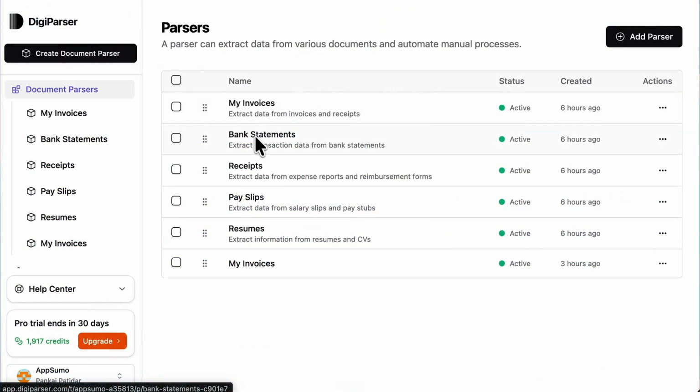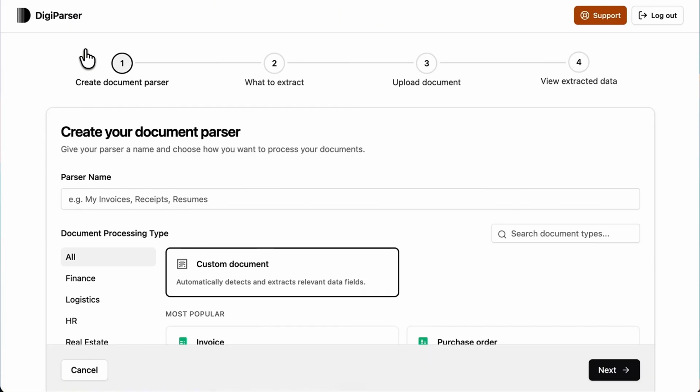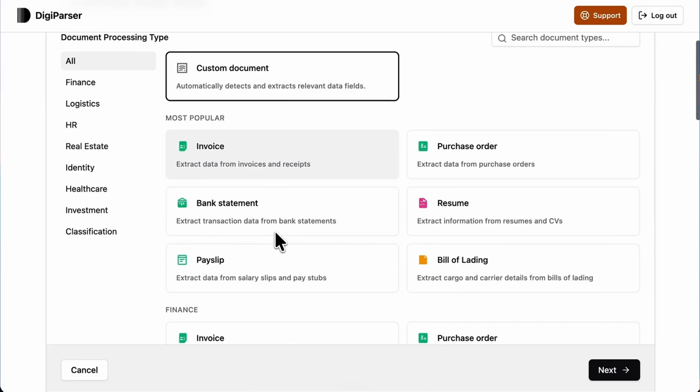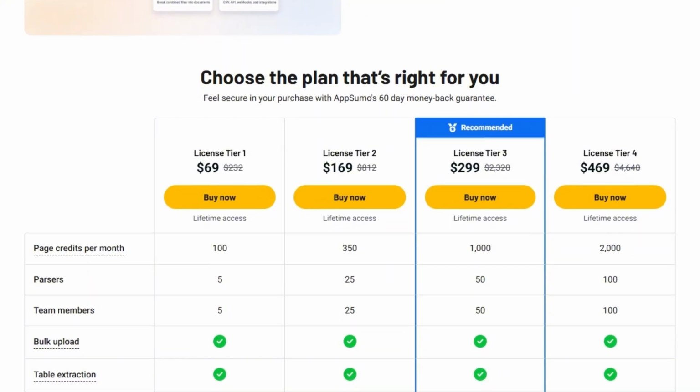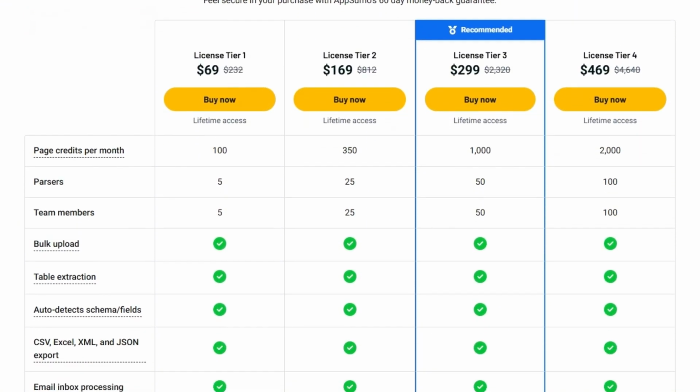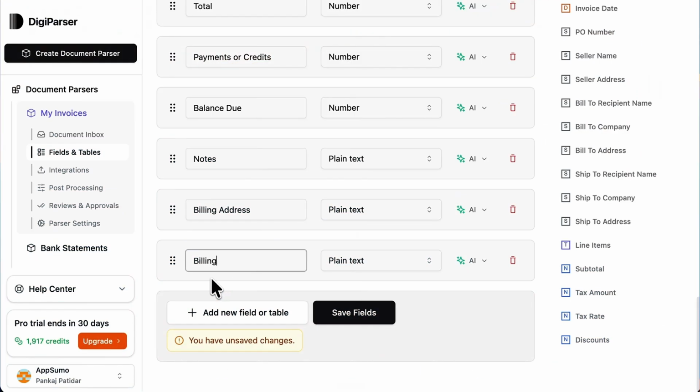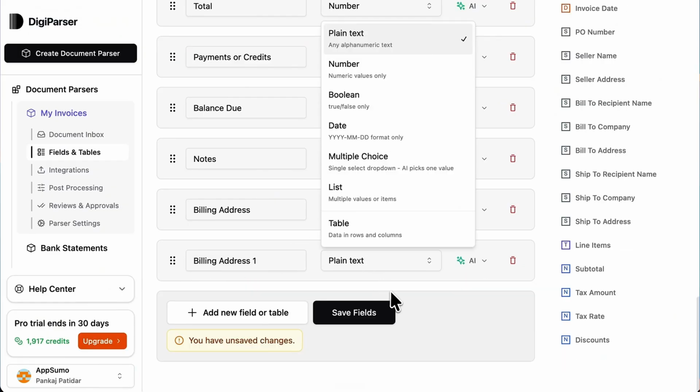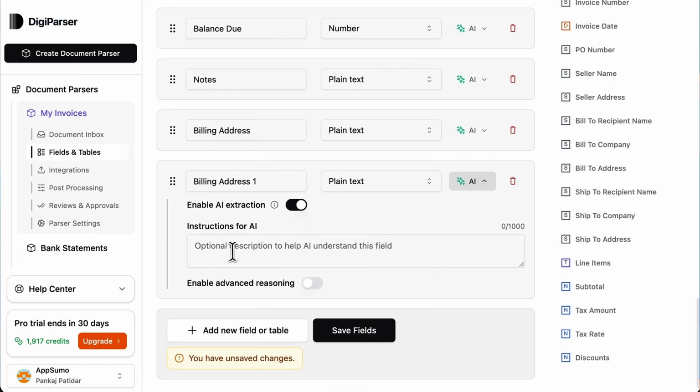The core of DigiParser is the document parser. You can create separate parsers for invoices, bank statements, receipts, pay slips, or any custom document type. And there are ready-made templates for almost everything. Each parser lets you define exactly which fields you want to extract. Need billing address pulled from every invoice? Just name the field, set the type, add an AI instruction, and every document processed going forward will include it